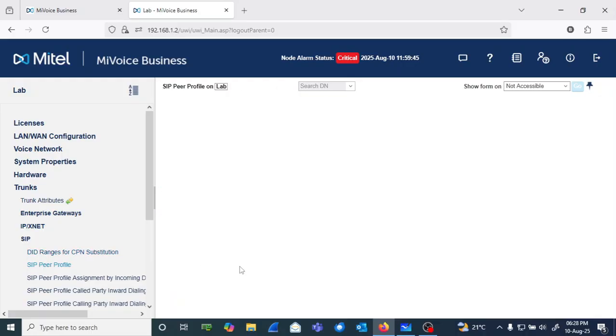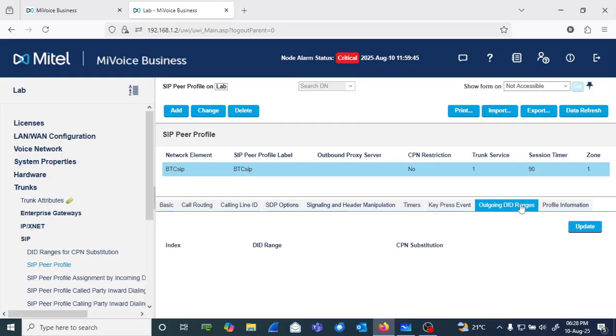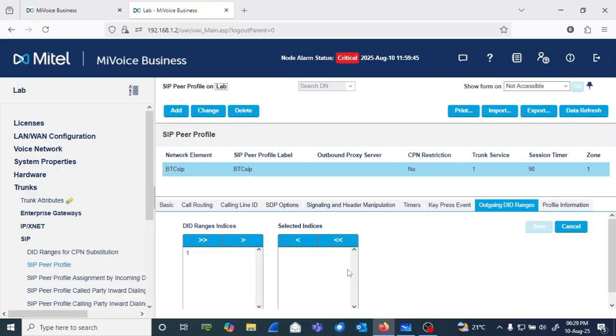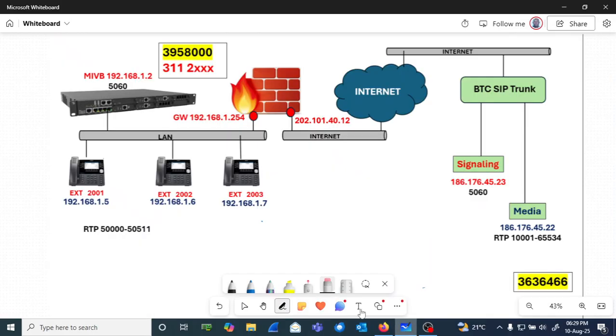Then we are going to go to our peer profile, and we are going to look at outgoing DDI ranges, and we are going to update, and we are going to select this. We are going to push this number 1 to selected indices, and we save. So what we have achieved is that